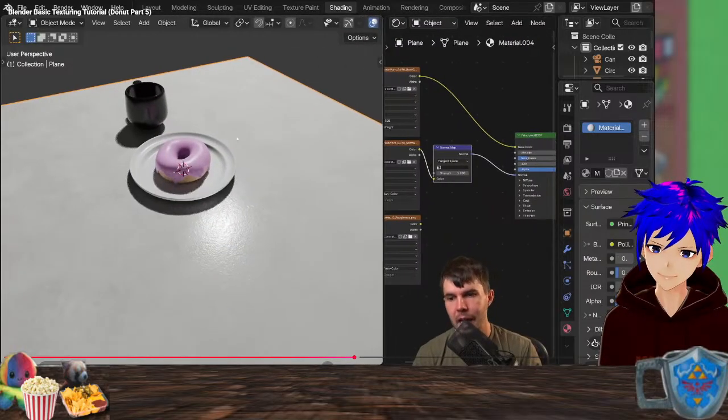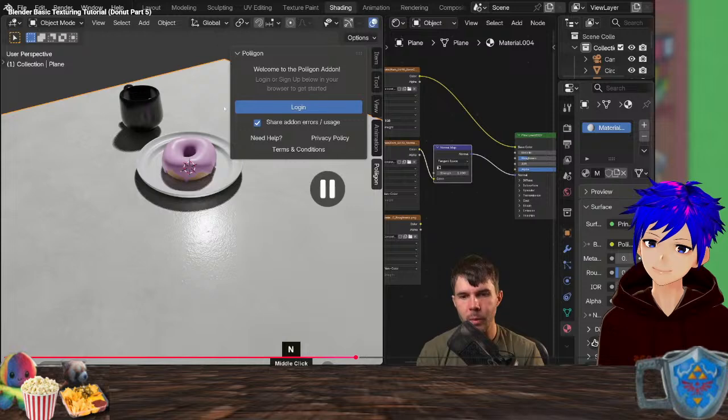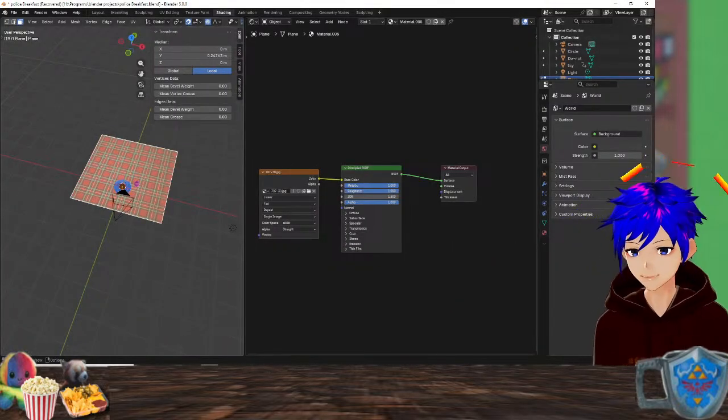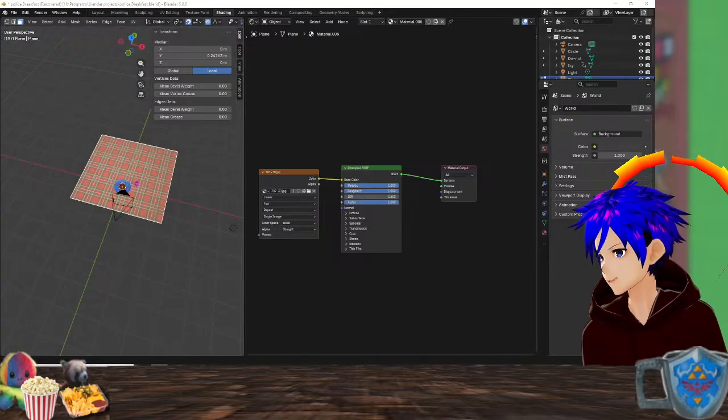Once you have done that, in your 3D viewport over here, if you hit N. Okay, it's N. And we don't have a polygon thing anymore.